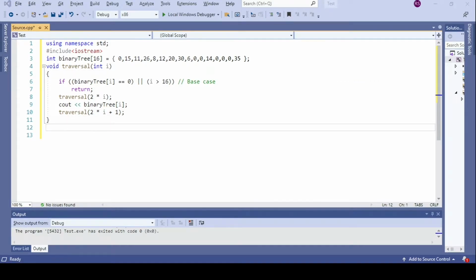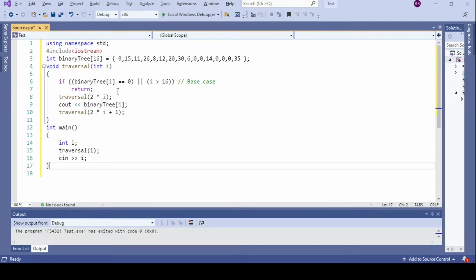And the next step is simply the main function, where I just make a call to the traversal function by passing the address of the root node. That 1 is actually the index of the root node. Once I pass this, control will come to this function, and it will go into each and every node until it completes the traversal of all the nodes. So the program will terminate at the end. So this program can be tested.